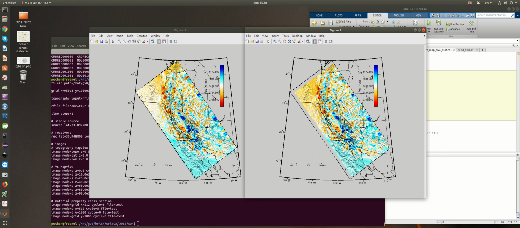Right. So this figure one, this particular plot, is the velocity model that I wrote into the .rfile, and on this side of the plot, it's the velocity model that's actually used by SW4. It's something that I dumped out before the time loop in SW4. They are plotted in the same color scale. So the velocity model that I wrote into the .rfile is